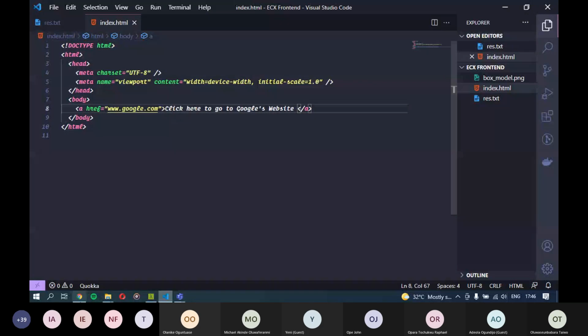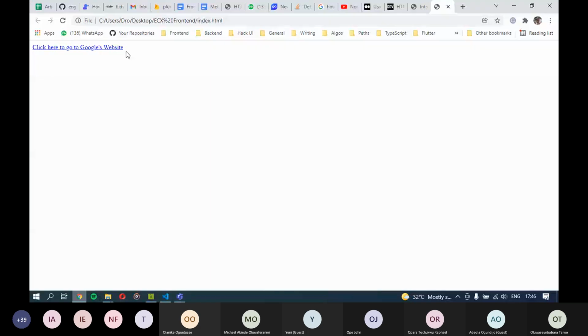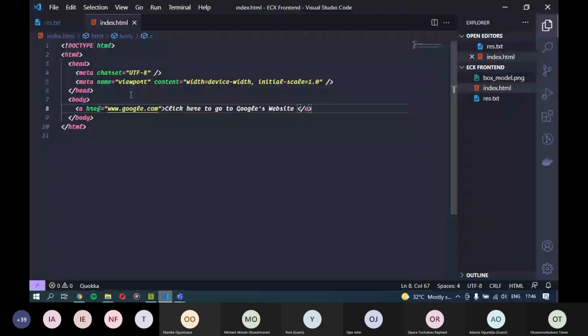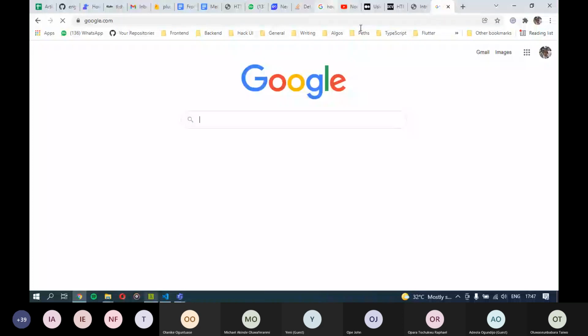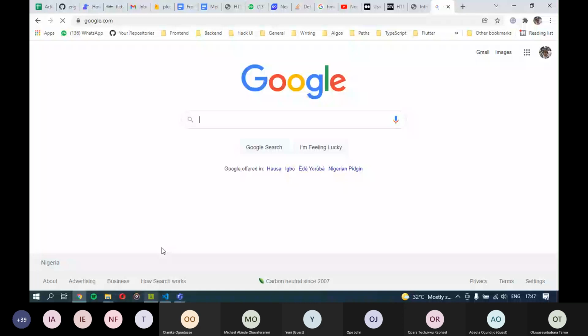Oh wow, okay. Yeah, so I didn't write the complete URL, HTTP. That's why it was giving me an error before. So we just linked our web page from whatever web page we're currently on to Google's website. You can do that for any website on the internet, any website that has a URL. Just give it as a href and it will take you there. So yeah, that's about it.